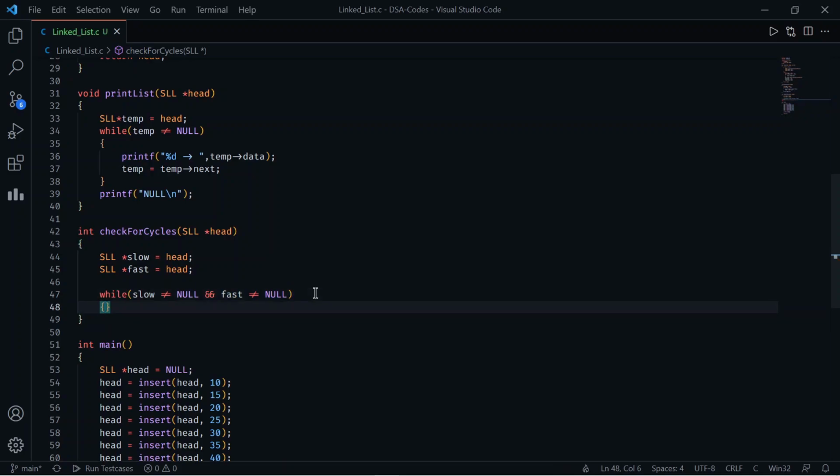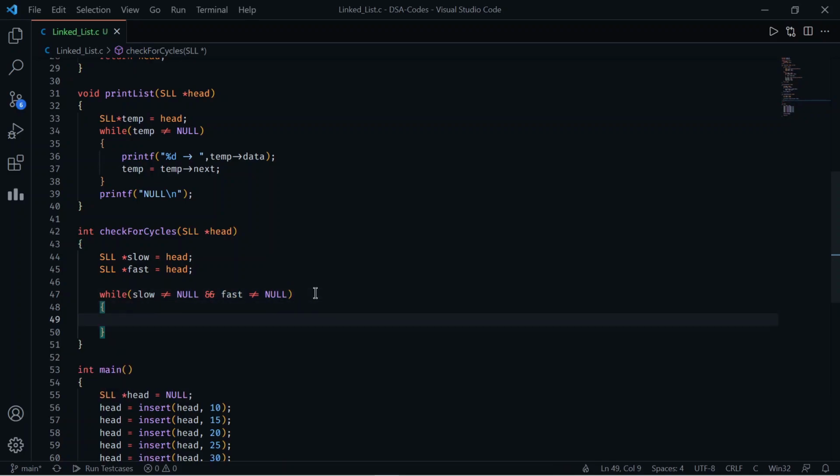What this loop does is, this slow pointer iterates to each and every node of the list. So this will move.